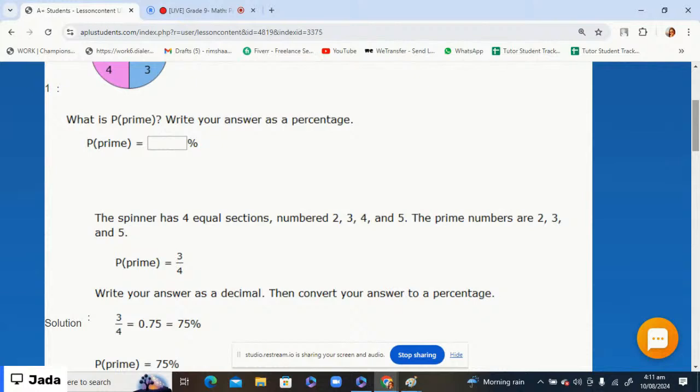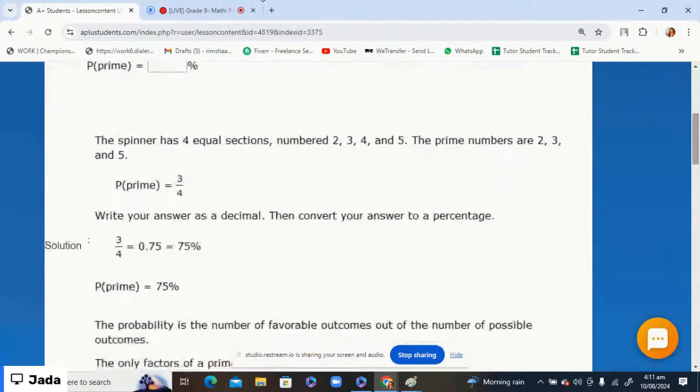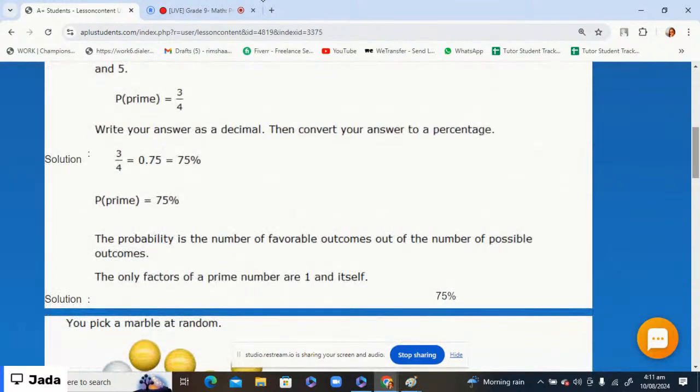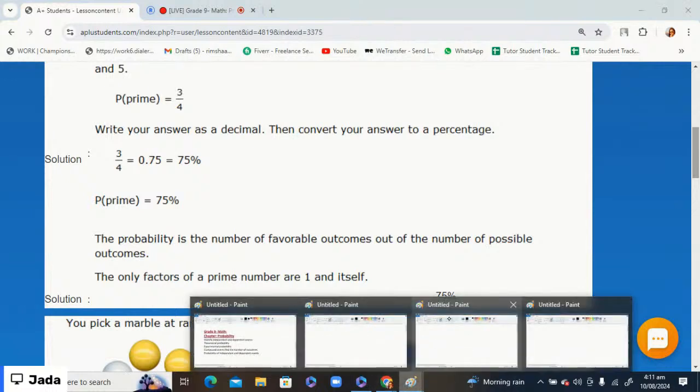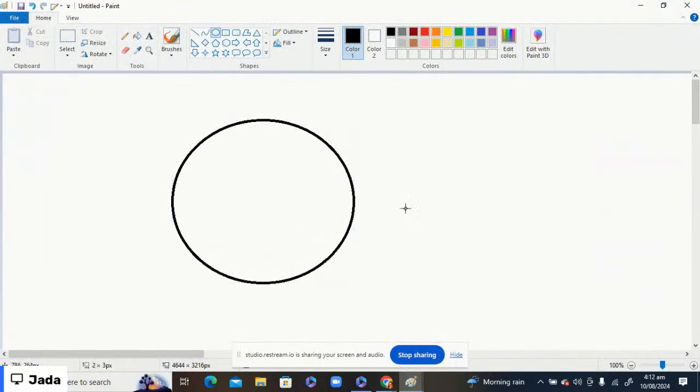How many total sections? These are 4. And how many prime numbers in it? 5 is prime, 2 is prime, 3 is prime. So it means 1, 2, 3. So 3 is prime over the total, 3 by 4. So let's divide 3 over 4 and then multiply with the 100, then you are going to write your answer. For example, if I say here is a spinner,